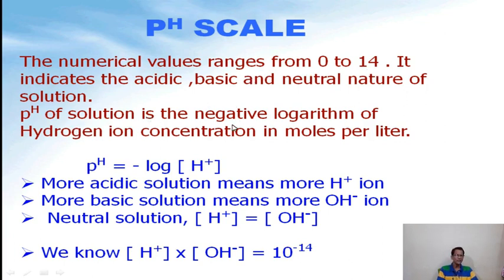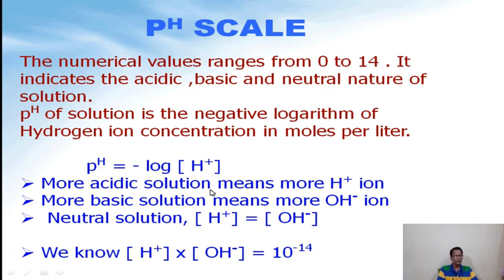The pH of a solution is mathematically expressed as pH is equal to minus log of H plus ion concentration. This is the logarithm formula, log notation: pH = -log[H+]. The bracket indicates concentration in moles per liter, the amount of H plus ion in moles present per liter of solution. That is called concentration. So pH is equal to minus log H plus ion concentration.